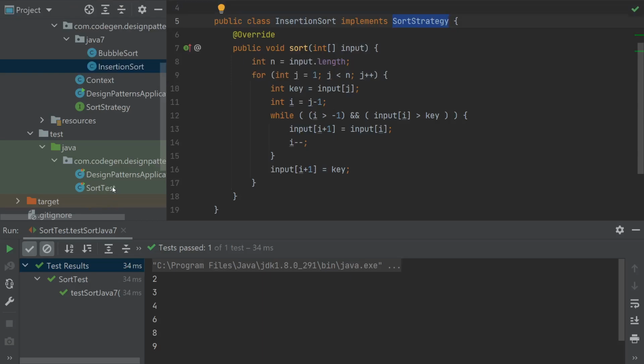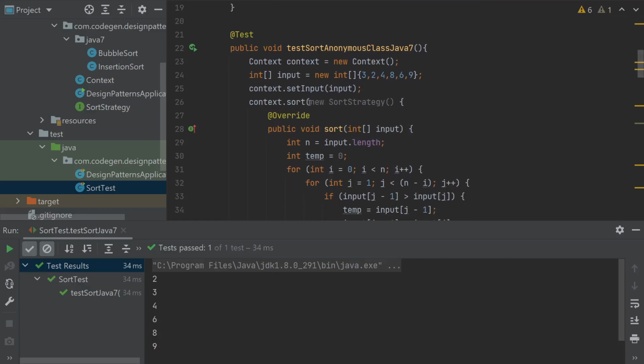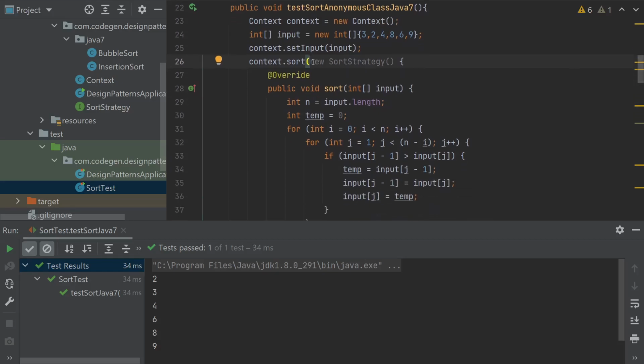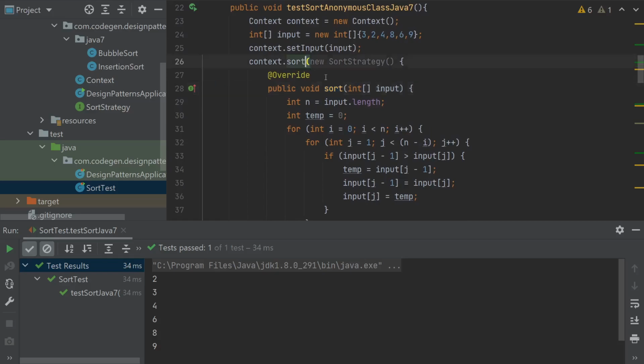Right? So we could avoid using a class for each strategy by using an anonymous class implementation. We have written one more test method where, instead of creating a class for the sort strategy implementation and then passing it as an instance to this sort method, we could write an anonymous inline class definition with an implementation for the sort method, and invoke it as an anonymous inner class to the sort operation.